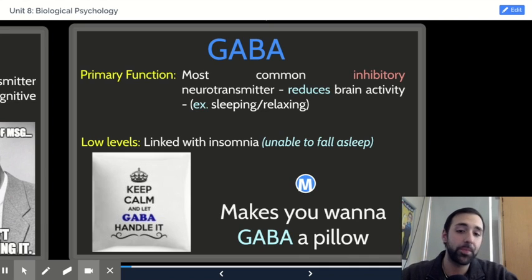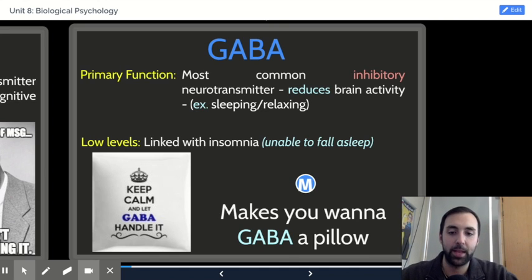and it can get to the point of dozing off. Individuals with insomnia, which we'll talk about later in this unit, but insomnia is a disorder which has a primary symptom of being unable to fall asleep. Individuals with low levels of GABA seem to have at least a higher likelihood of exhibiting the symptoms of insomnia. There are actually some drugs that can mimic GABA so that individuals who might have low levels of GABA active in their synapses can take these pills and the drug can mimic the effects of GABA,